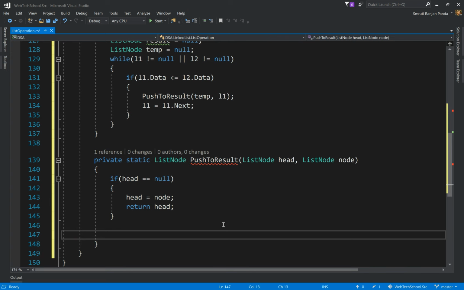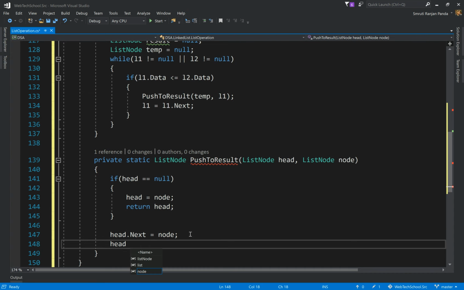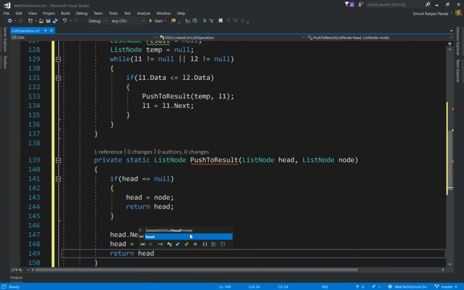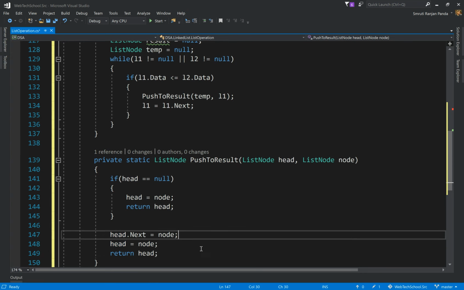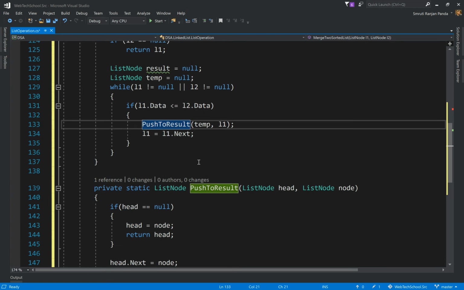In the other case, head dot next is equal to node. This is the same as adding an element at the end. This is our node after which the new node gets added. So we just did head dot next equal to node. Then we'll update our head reference, head equal to node, and simply return head. This should give us back the pointer to the last node.